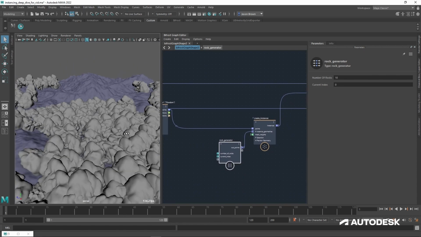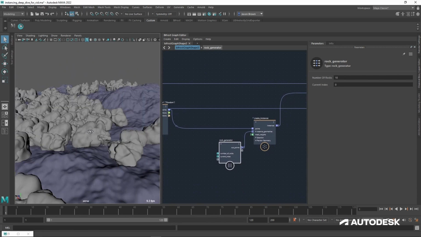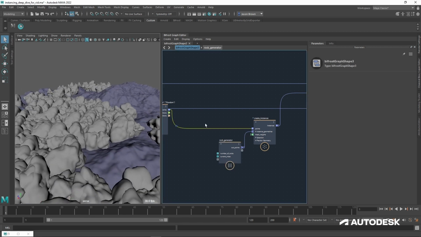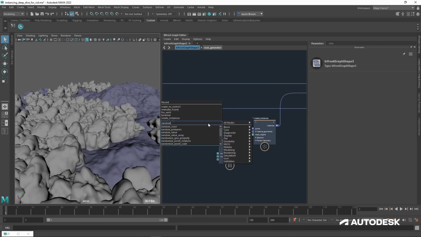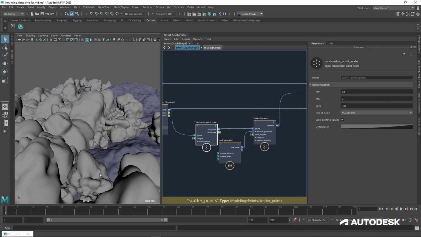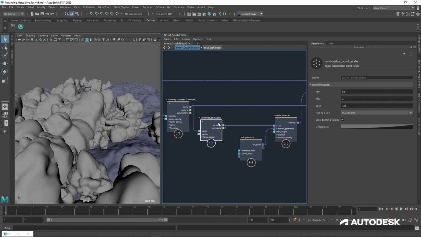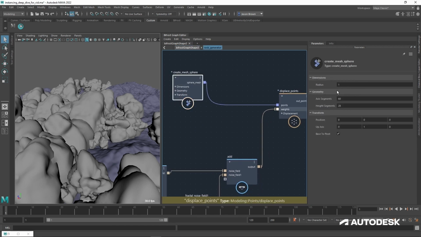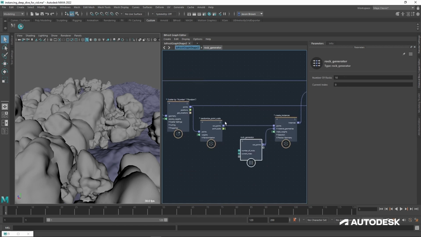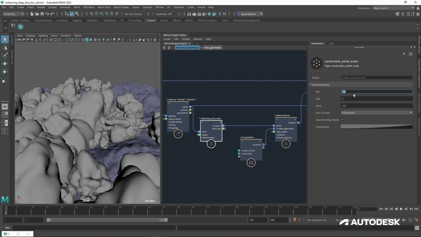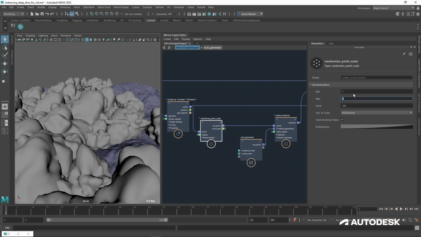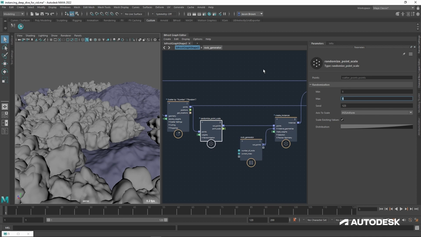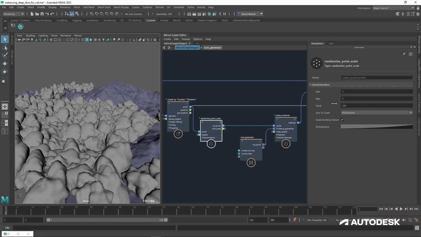So, first thing I want to do is make those rocks a lot smaller. A lot smaller. And the way I'm going to do that is I'm going to randomize point scale. Give it a minute to sort its life out. There we go. And you can see that something's happened already. So all of our rocks are quite deliberately left at a mesh sphere radius of 1. So if I set this to minimum 1, maximum 1, that's pretty much the size they are when they're created and the size they're coming out.